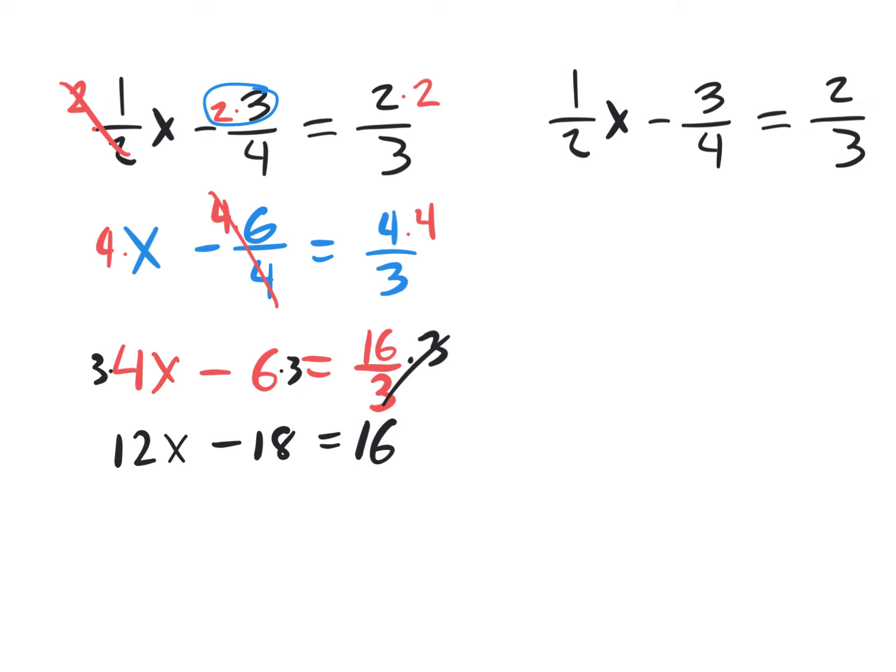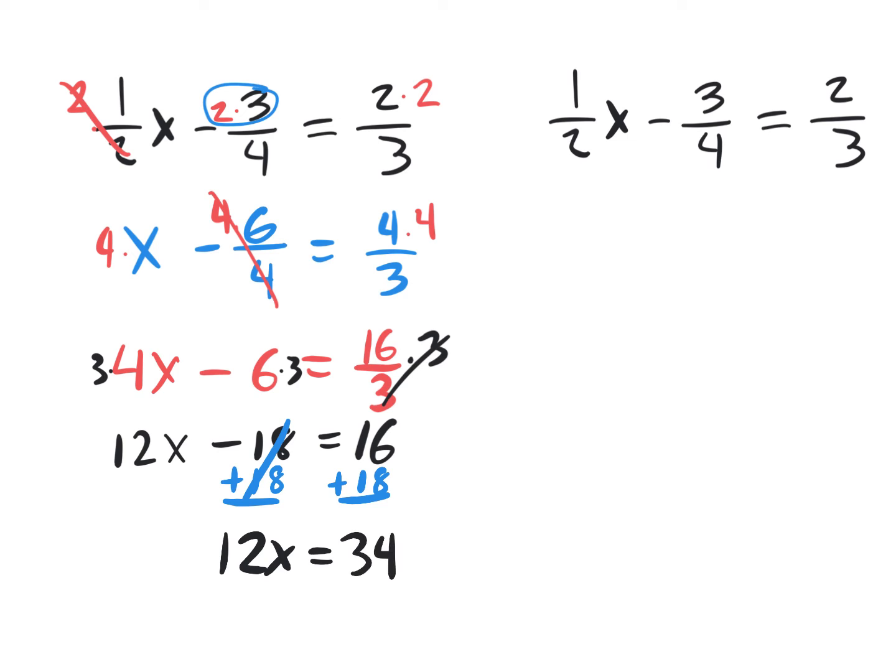So let's get rid of the 18 first. Remember, x is what's important. 12's with the x, kind of important. This minus 18 is all by itself. Always get rid of that constant first, because it's really easy to. How do you get rid of that minus 18? By doing the opposite, plus 18. What you do to one side, do to the other side, plus 18. What we have here is 12x equaling